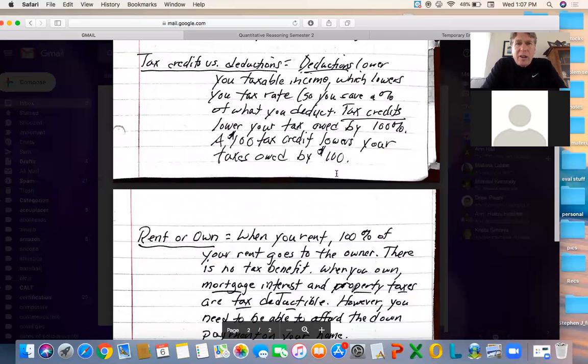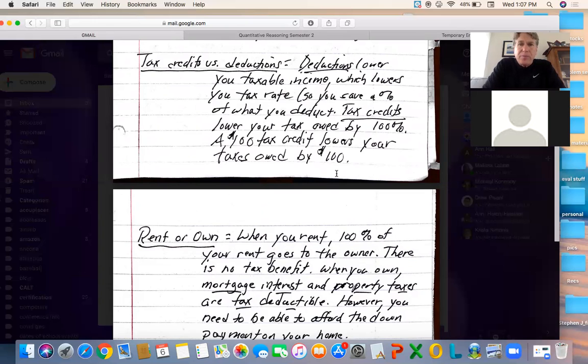Looking at tax credits versus tax deductions, we talked about deductions. We're either going to do a standard or itemized deduction. When we do deductions, it will lower our taxable income, which lowers our tax, based on the tax rate, or that percentage I just spoke about. So you save a percentage of what you deduct, but not all of it. So if I'm in a 10% tax bracket and I got a tax deduction of $1,000, then I save $100